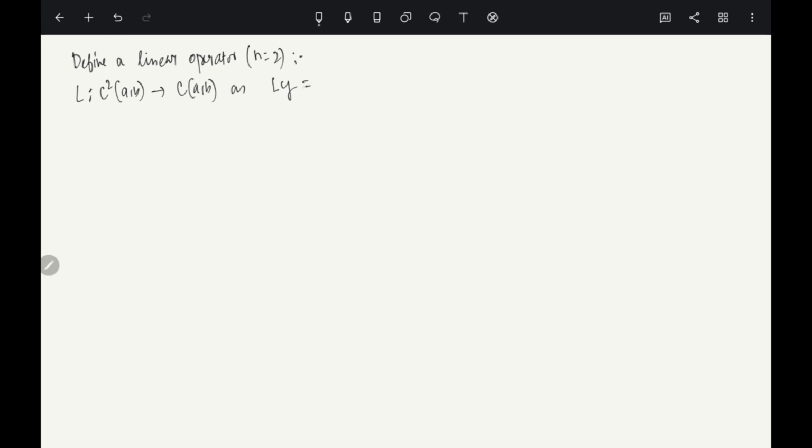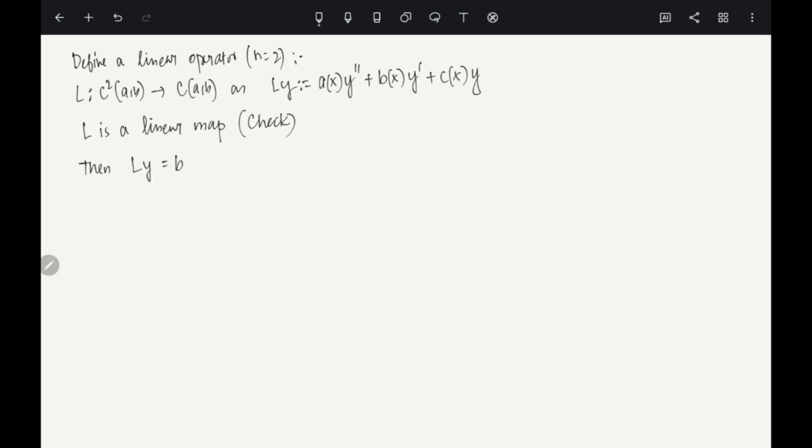Okay, so let's say y is a twice continuously differentiable function, and what happens to y when L acts on it? So I am defining it to be a(x) y double prime plus b(x) y prime plus c(x) y. Okay, if I define it like this, now you see L is a linear map. You can of course check it, so please check this part. It's very easy to show that this is a linear map. So if this is a linear map, then